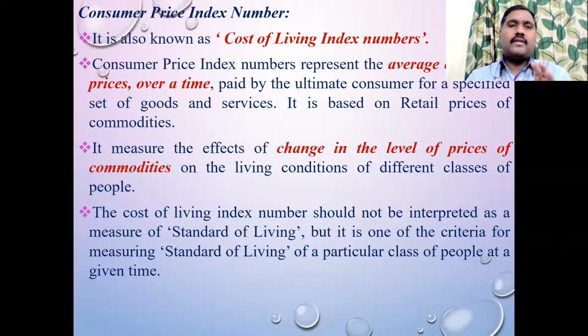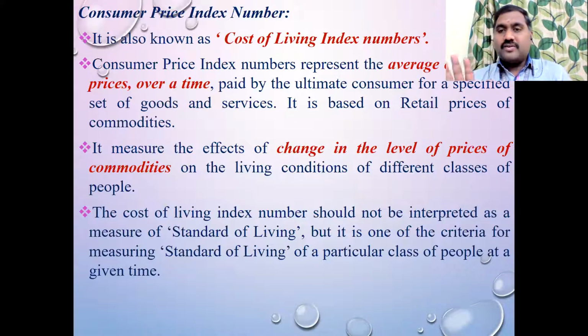Suppose there is no weightage and no index value given. Instead, they give only the price and quantity of both base year and current year. That means P0, Q0, P1, Q1 is given. In that case, I told you, you can use any one of the formulas. According to that, you need to find out that combination. For example, if you are using summation WP divided by summation W, you have to find out what W is and what P is. P you already know: P1 divided by P0 into 100 is the P. Whereas W will be I or V; either I or V will be P0 into Q0. That combination you need to work out and then substitute in any one of the formulas and find out the value.